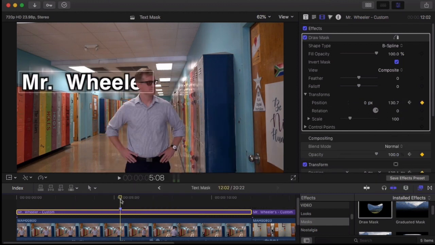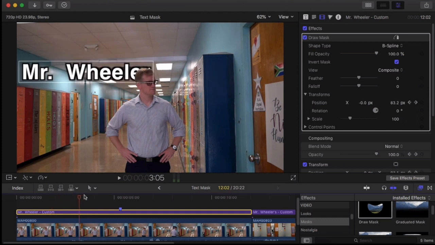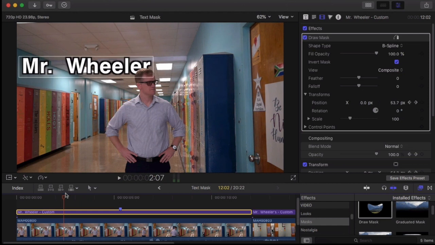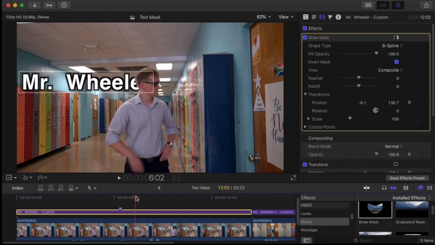So by going through and making sure that my x-axis didn't change, I was being a little bit careless in my first run through. I now have a very smooth and clean mask appearing. And as you can see, when this ER falls behind my head, it really looks like it's falling behind my head. Now, there's going to be a little bit more difficulty here, because when I turn my head and move,